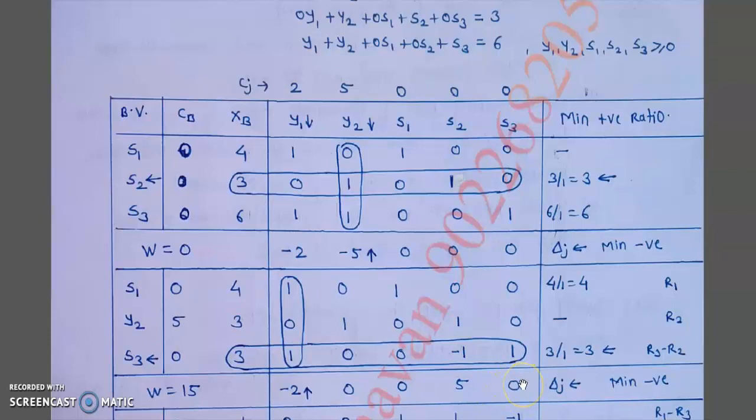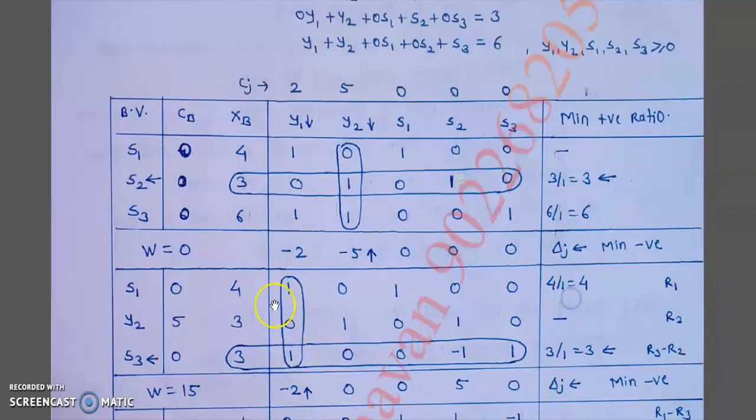Again we go for the calculation of the next table, because the delta j row still contains one negative element. Okay, so what will be our end point? If the entire delta j row is 0 or positive, we will stop because we cannot proceed further. Since we have at least one negative element here, we have to proceed further. The minimum negative number is minus 2 here. The corresponding column is the key column, and the corresponding variable y1 is taking part in the calculation, called the incoming variable. So the key column is formed here.